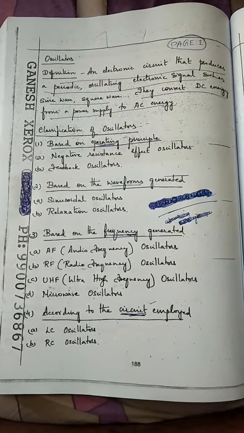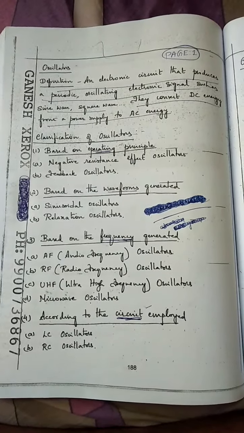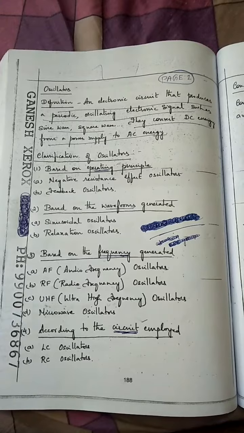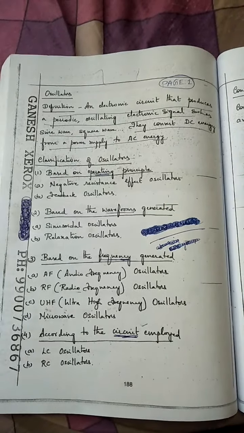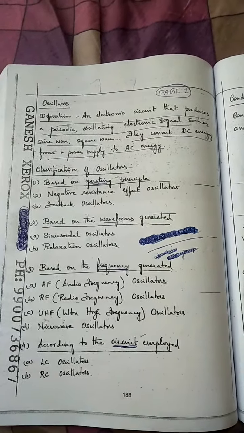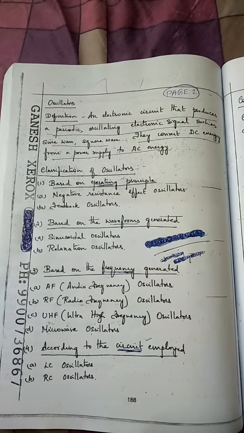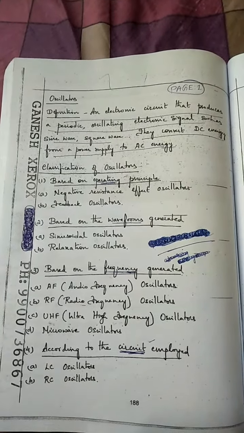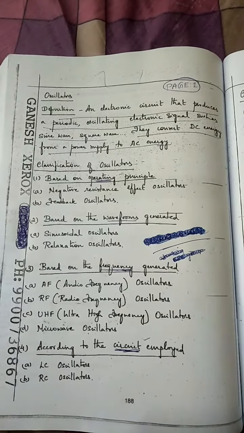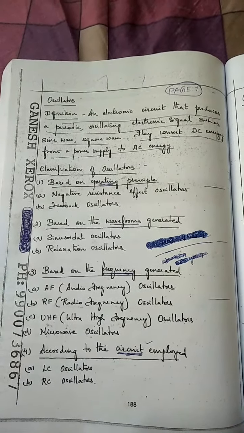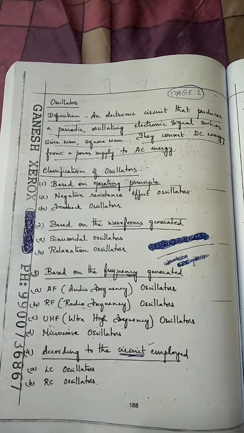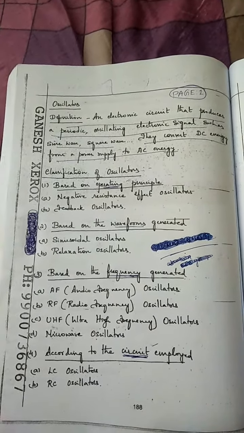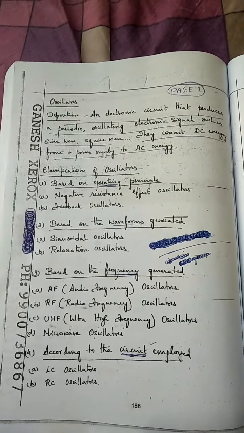In today's class, I am going to discuss oscillators. An oscillator is an electronic circuit which is used to produce oscillations. Oscillation, in the sense that it may produce sinusoidal oscillation or square oscillation, without any input, by drawing a DC power supply voltage, is called an oscillator.